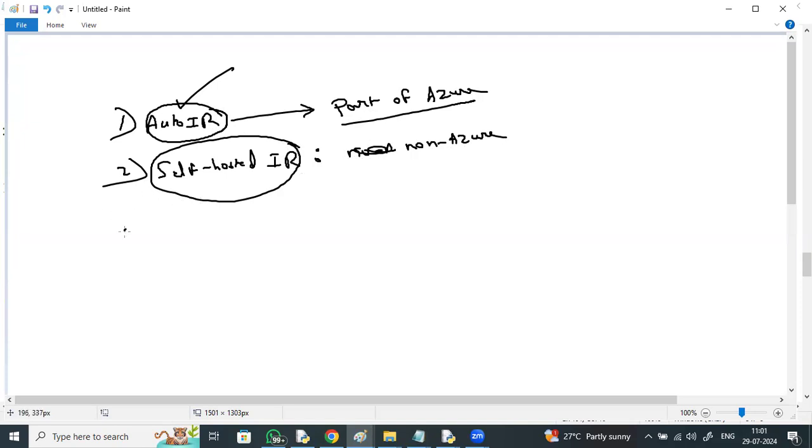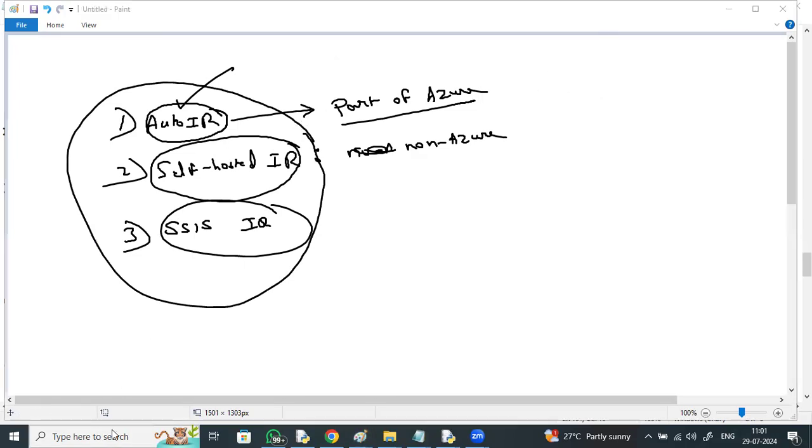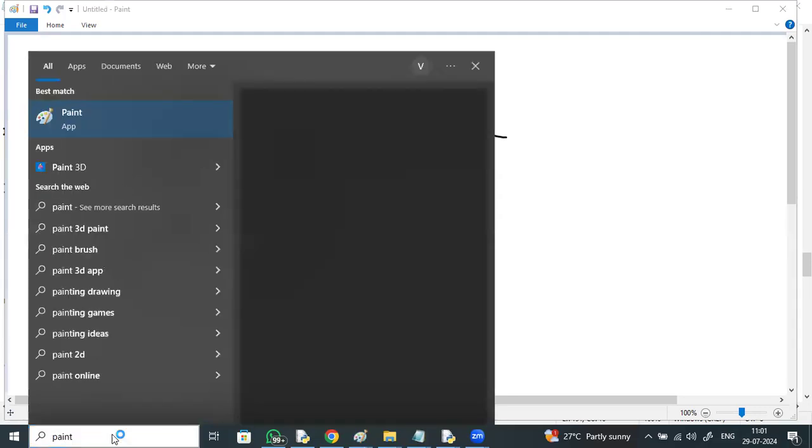And one more, what is it? We have had a lot of discussion on this SSIS IR. I'll be discussing these things in the next class: Auto IR, self-hosted. Now try to tell me, as part of today's discussion,